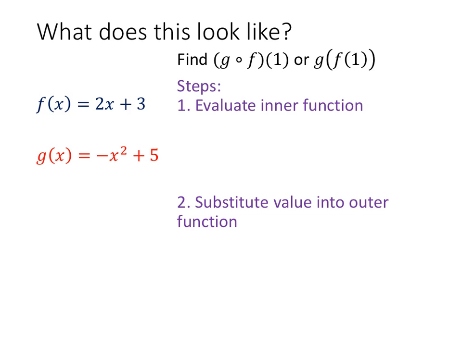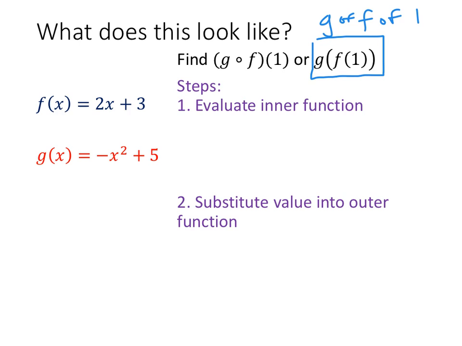So let's look at these two functions. The first one, f of x, is 2x plus 3, and we have g of x, which is negative x squared plus 5. What we're tasked with finding is g of f of 1. Now, this seems like a lot of work, but